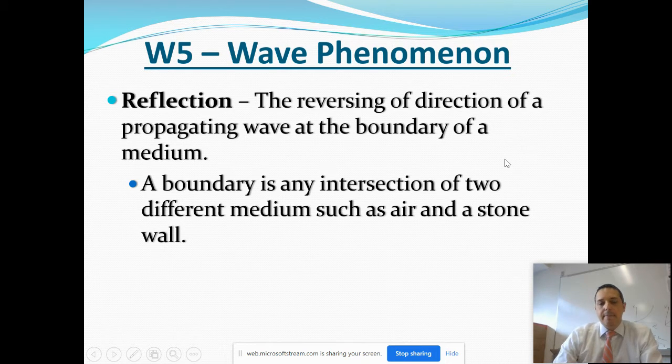So what is a boundary? A boundary is any intersection of two mediums. And this is where waves will reflect. I'll take the example of a mirror. The light that's coming off of you, approaching the mirror, is traveling through air. When it reaches the mirror, the medium changes. It goes from air to the reflective surface. Because of that medium change, the wave's energy, which is trying to push that way, can bounce off the surface, the boundary, and come back.